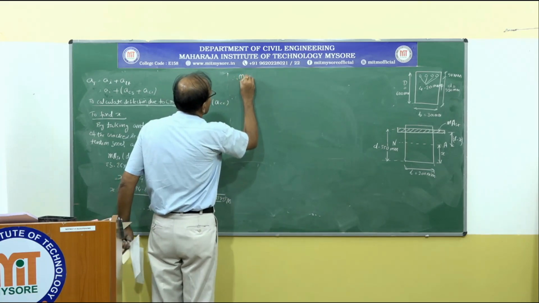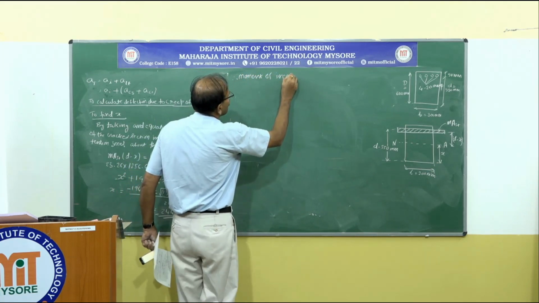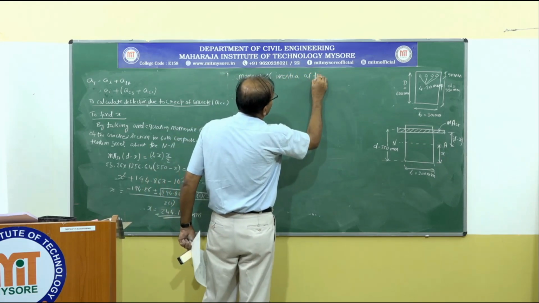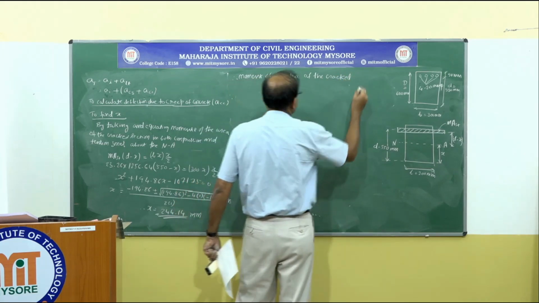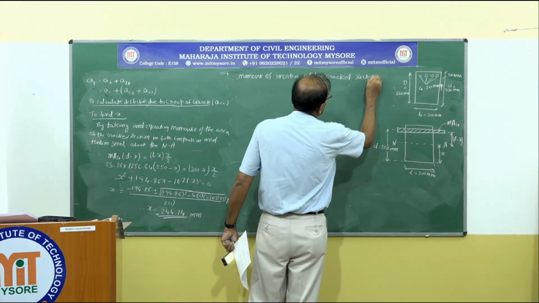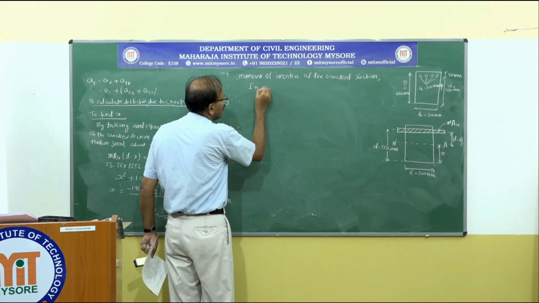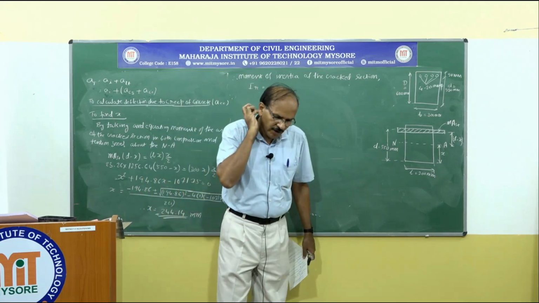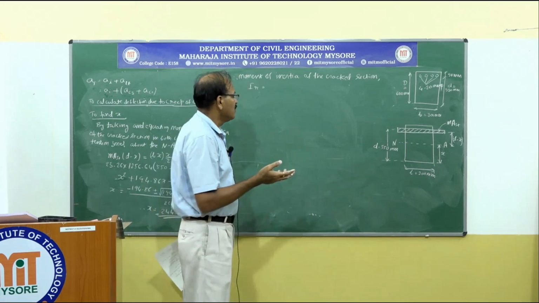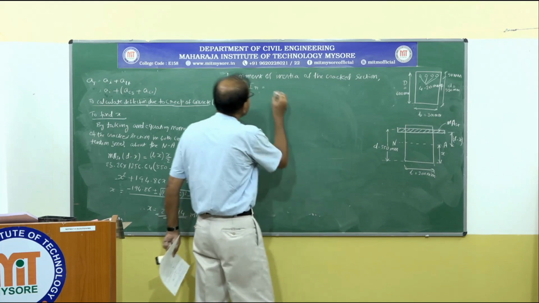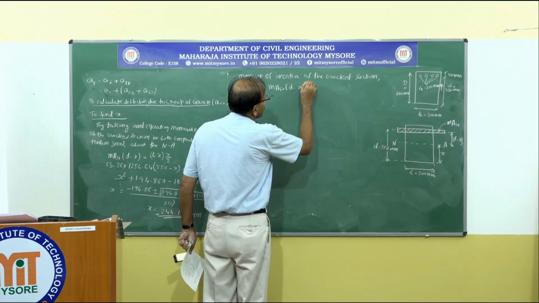Therefore, moment of inertia of the cracked section Icr equal to, by definition we know what is moment of inertia, that is the second moment of the area. So that is Ast into d minus x square